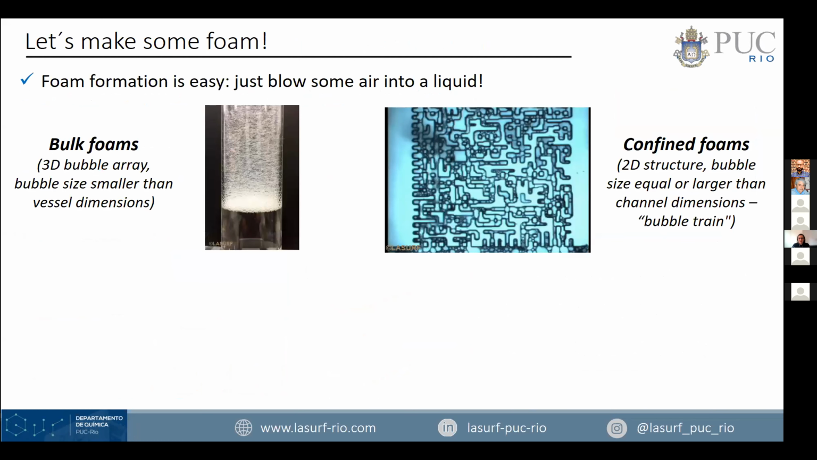So let's talk about foam formation. Foam formation actually is quite easy. You just have to blow some air into a liquid containing foaming components. And it works the same for foams in bulk as for confined foams. Bulk foams are these columns of foam that form a 3D bubble array. This is how we can see this structure. One of the characteristics is that the bubble size is smaller than the dimensions of the vessel that contains it. On the other hand, we have the confined foams, which are the ones more interesting for this conference,